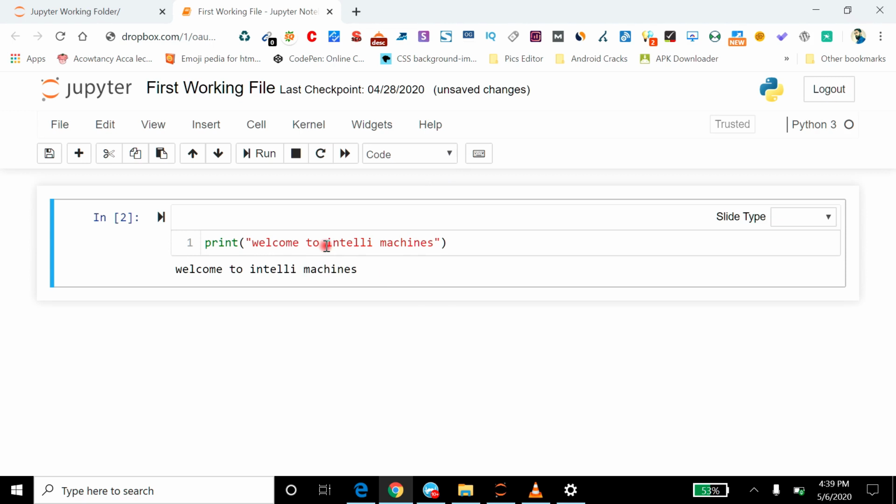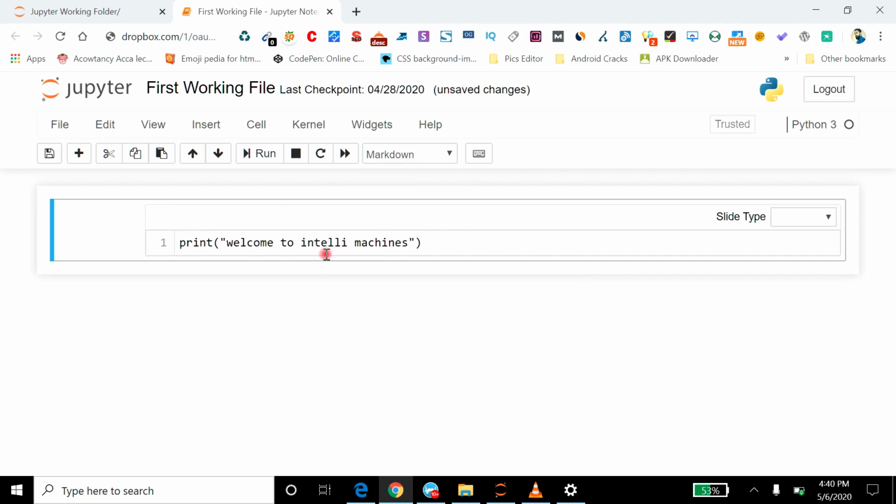That means my code will no longer be executable, and here you can see this sign will disappear like this. If I convert it to markdown, then you can see the brackets have disappeared and the output is no longer visible. Now I want to format my text using markdown.